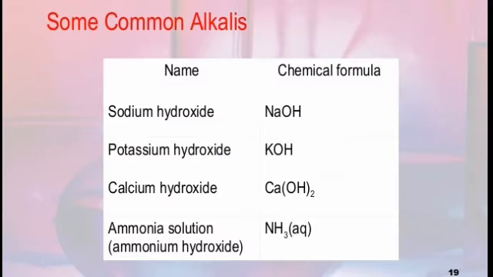Some commonly used alkalis are sodium hydroxide, having chemical formula NaOH, potassium hydroxide, that is KOH, calcium hydroxide, that is Ca(OH)2, and ammonium hydroxide, that is ammonia NH3, or in aqueous form it is ammonium hydroxide, whereas